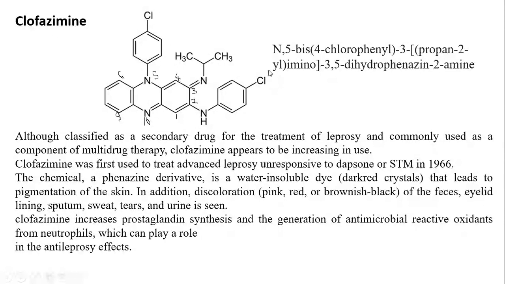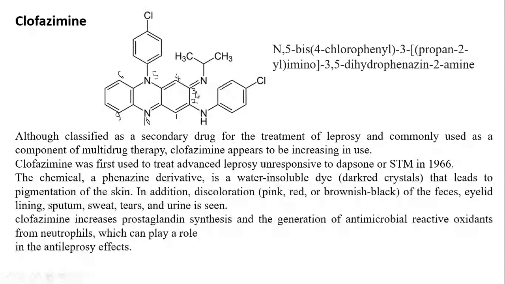So as per alphabetical order, chlorine comes first. So we'll start with these two groups. So N5, because there are two similar groups, one is attached at the end and one is attached at the fifth position. Hence N5 bis 4-chlorophenyl